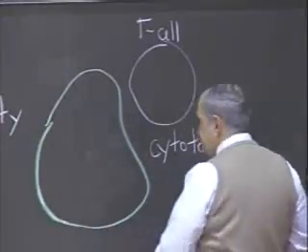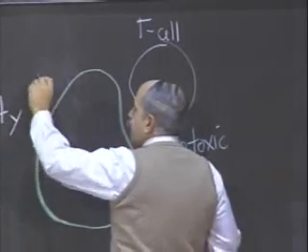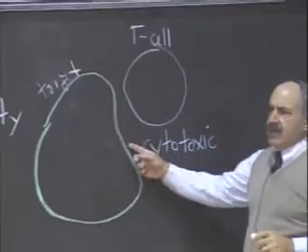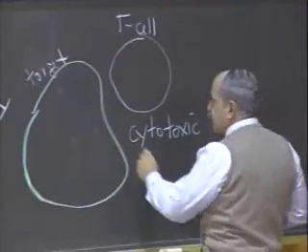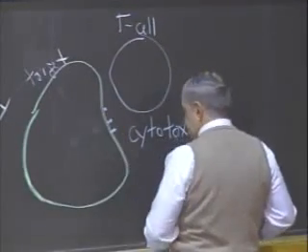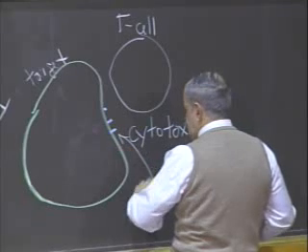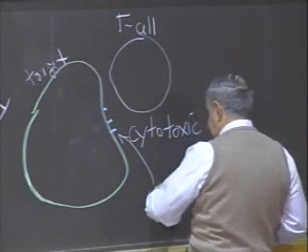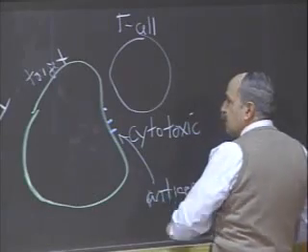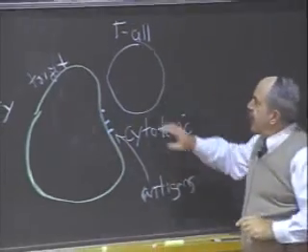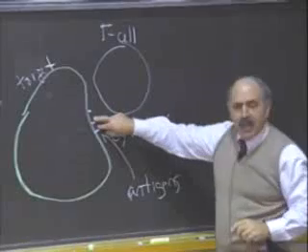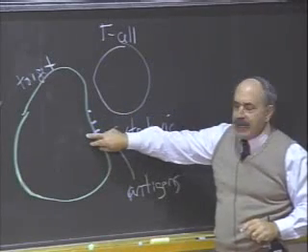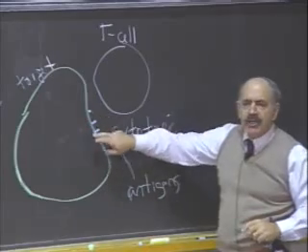This is its target cell, because the target cell is displaying certain antigens on its surface. I've indicated them here as just little blue strokes. The T cell is able to recognize these antigens on the surface of this cell and is able to kill this cell